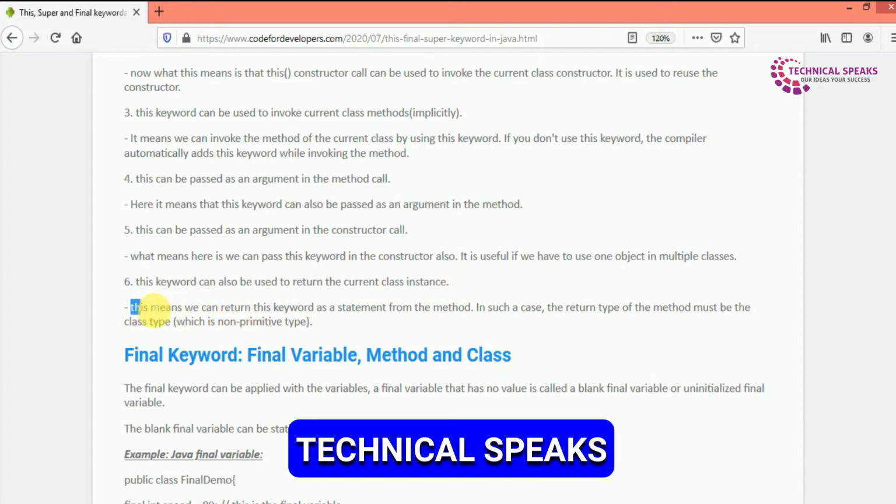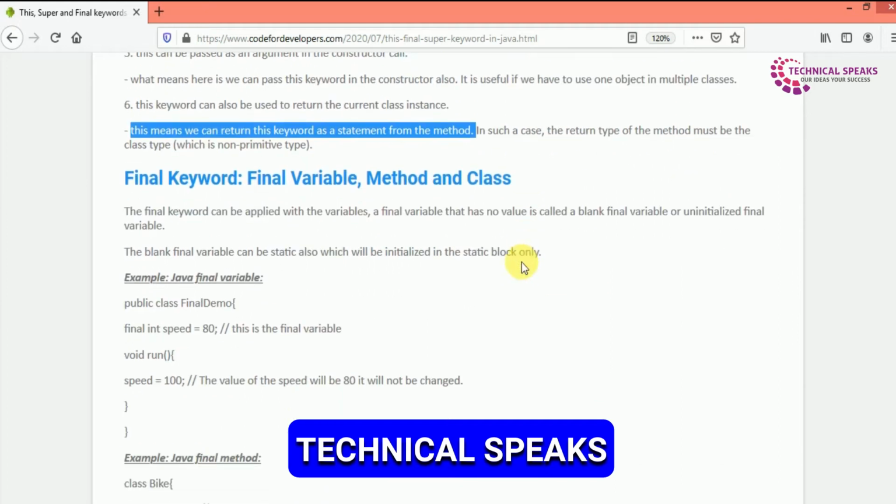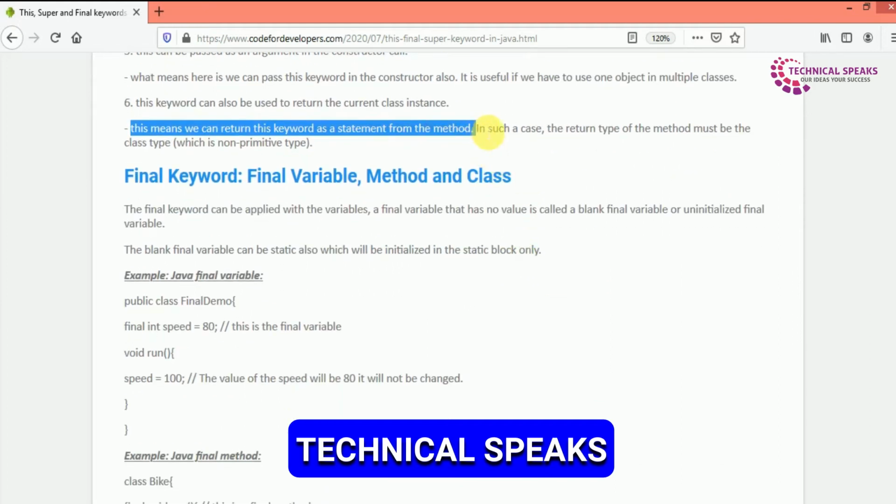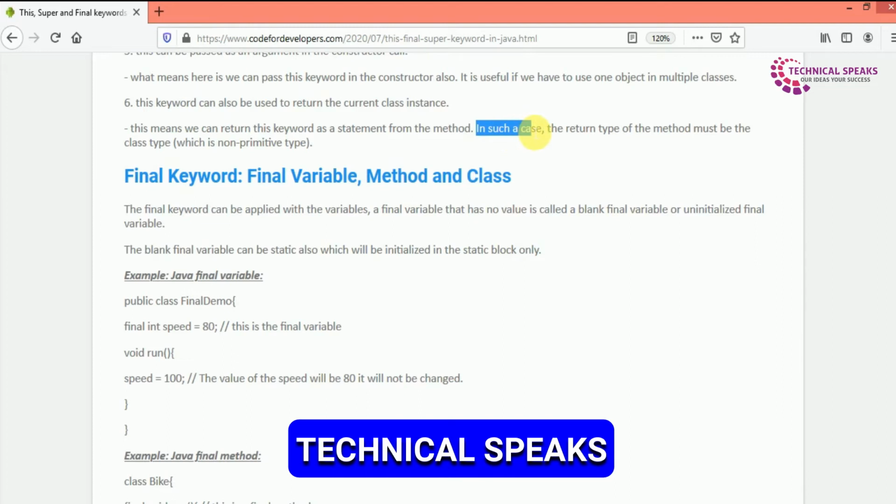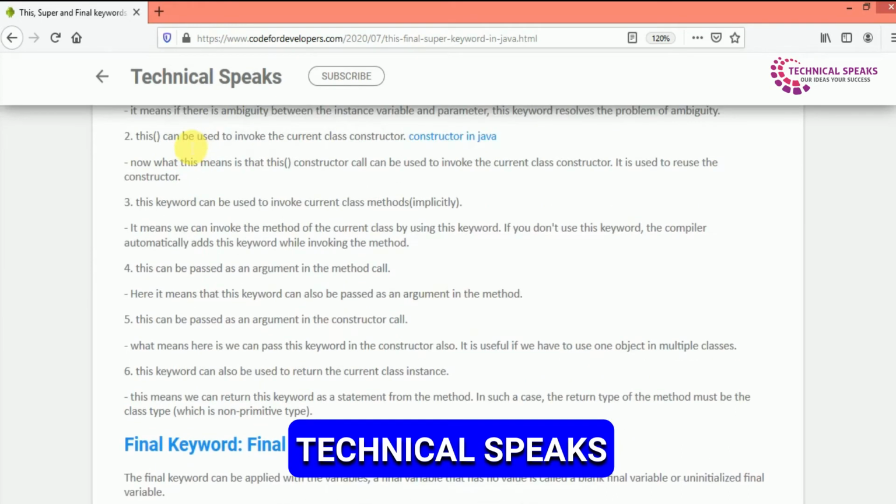This means we can return this keyword as a statement from the method. In such a case, the return type of the method must be the class type, which is a non-primitive type. So this is all about the uses of this keyword in Java.